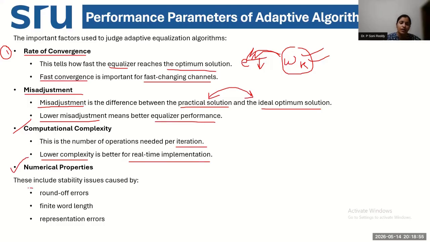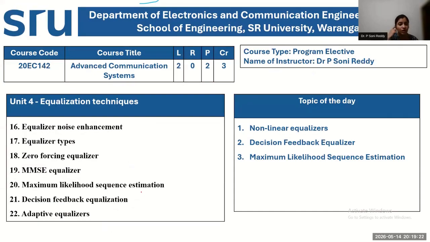Then there are numerical properties, like certain mathematical properties such as round-off errors, finite word length, and representation errors. These are all numerical, meaning mathematical, errors. The lower the mathematical errors, the better the performance of the algorithm. So this is what there is for your adaptive algorithm, the adaptive equalizer, as part of your linear equalizers. Okay. So if I want to conclude today,